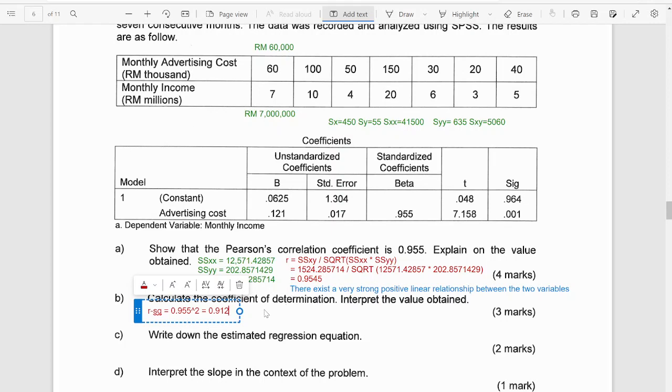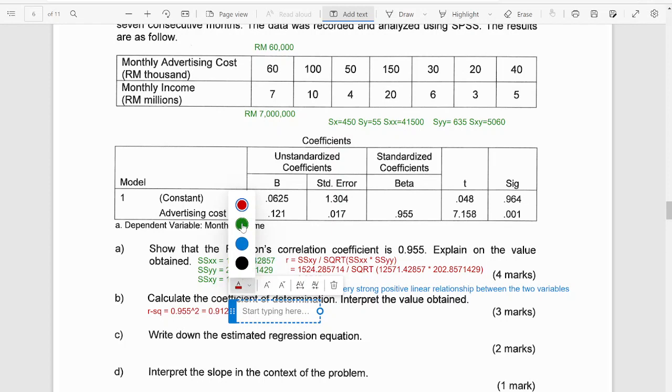Alright, so how to explain this value? Okay, bila you nak explain, whenever you want to interpret the value of R square, the value must be changed into percentage for explanation, for interpretation. So 0.912 is equivalent to